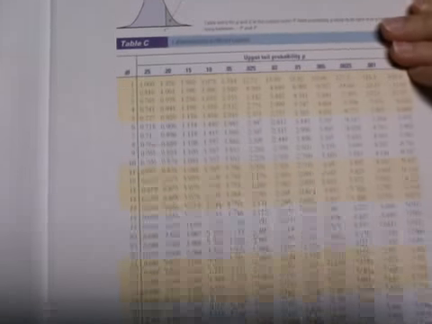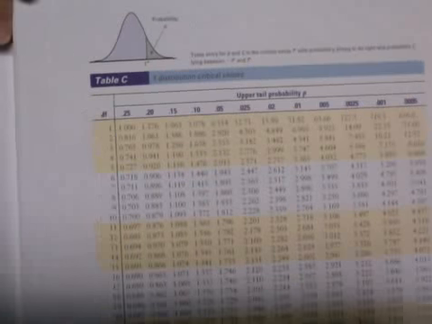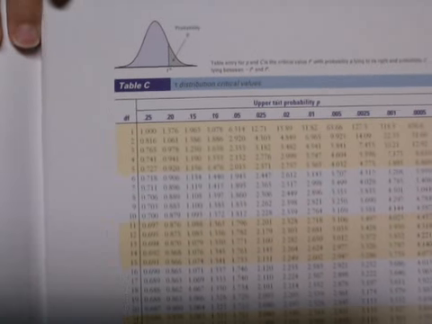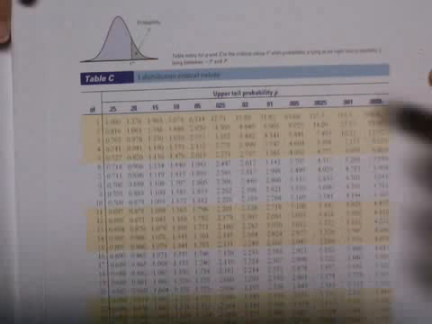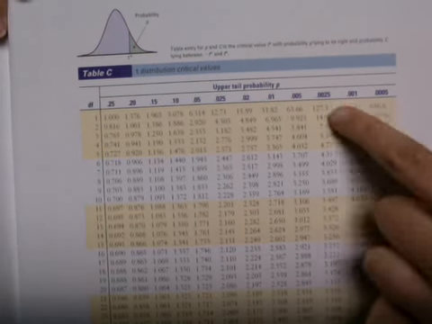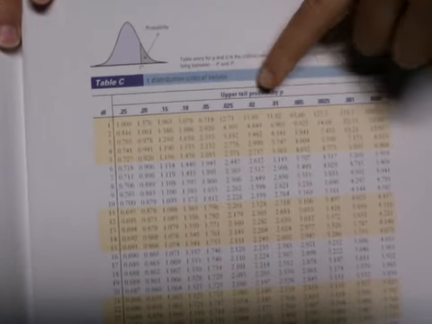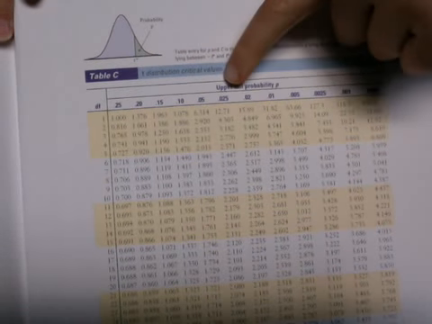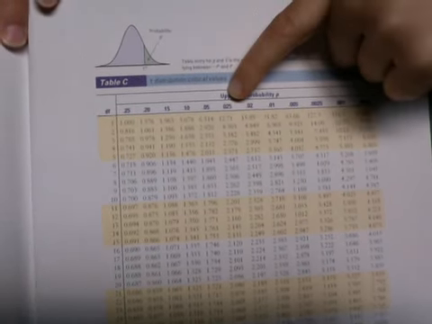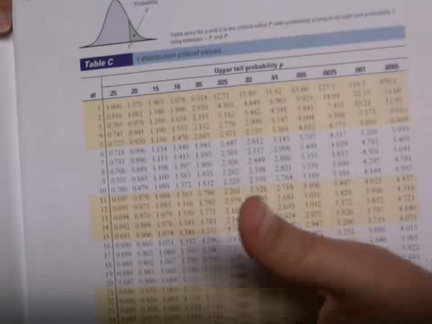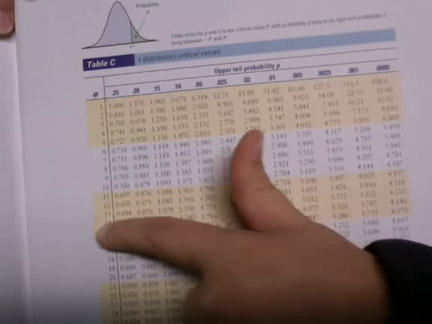Now I know it's going to be a little small on here, but we're going to do the best we can. Alright, so in our table, once again, across the top we have our upper tail probabilities, and we are going to be looking at the 2.5% right here. And our degrees of freedom are along this left-hand column, and we're going to look at a degree of freedom